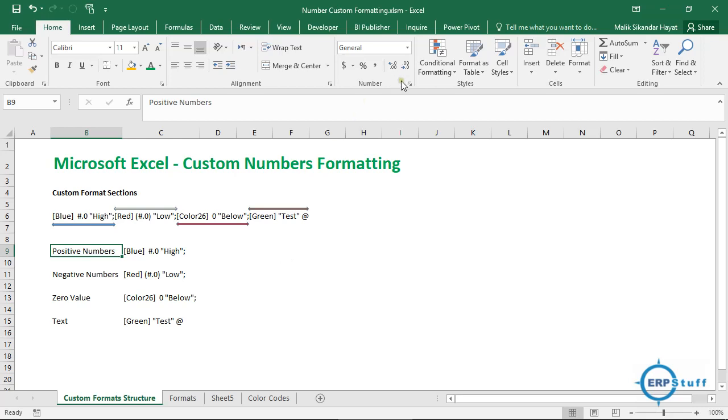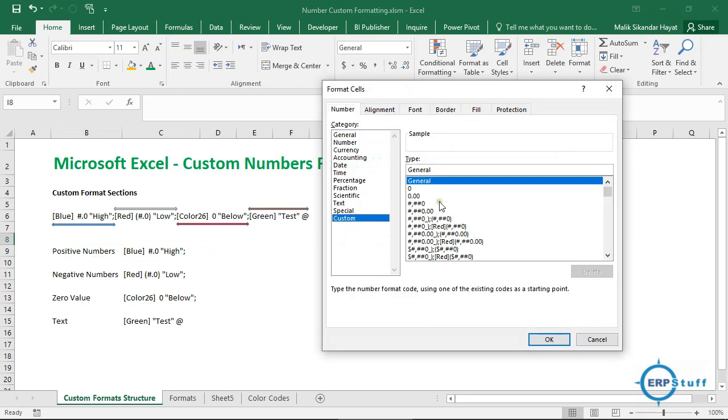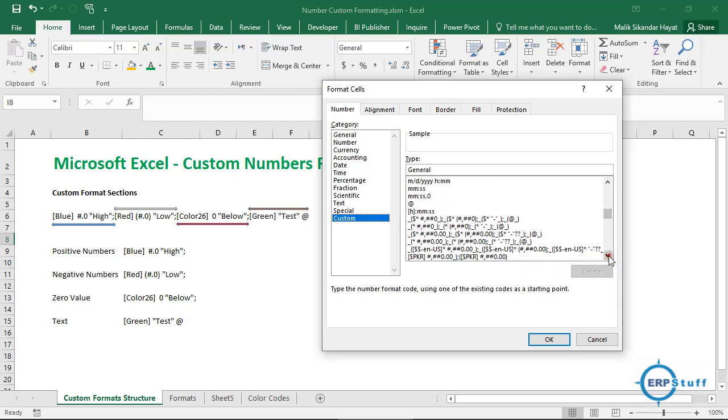Sorry, excuse me. If you see here, let me go here. So there are already predefined formats, you can use them, you can try them, but now you will understand. So these are for date, time, AM, PM. So I don't think it will be tricky for you now. So the basic thing is understanding, right.